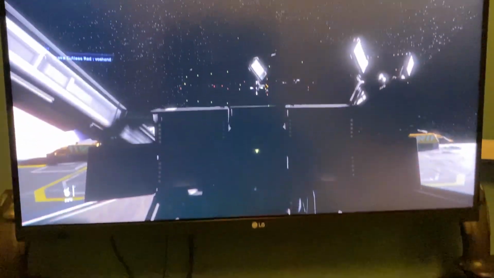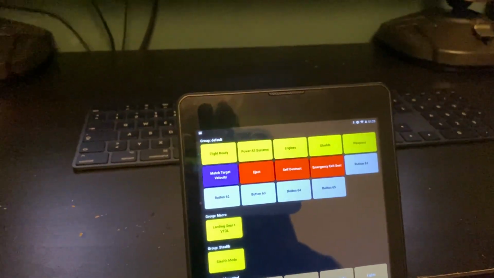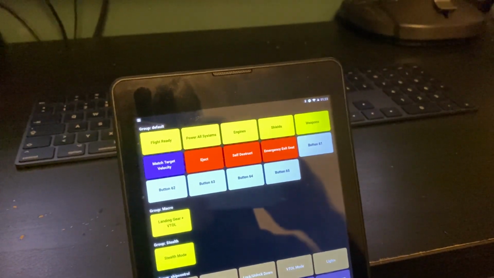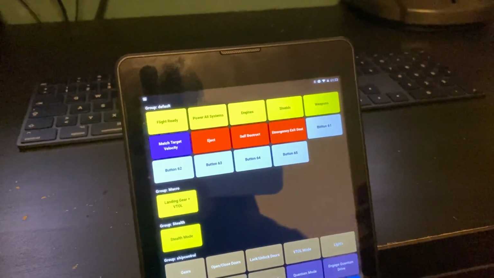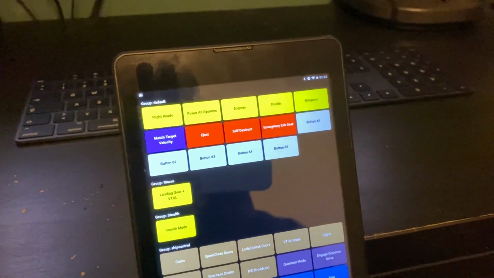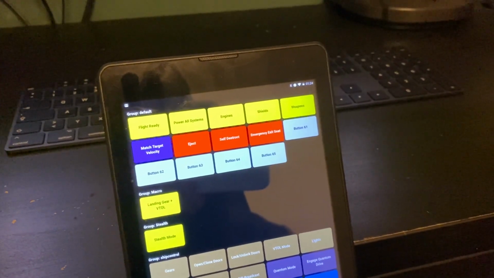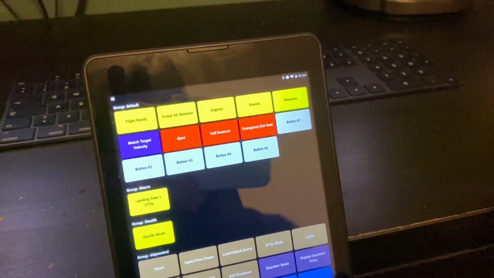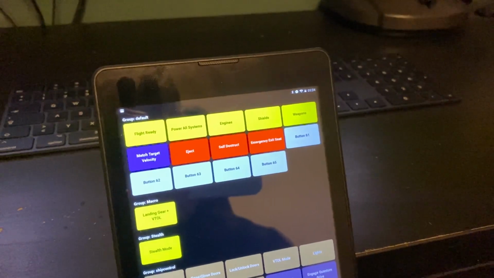Let's maybe jump into the game. If you're familiar, if you press the Flight Ready button, the game will automatically start the engines, the shields, and the weapons for you. So if I had a macro or a sequence and I pressed that button, it would first enable the whole system, and then it would go engines, shields, and weapons, since I can define which buttons to press